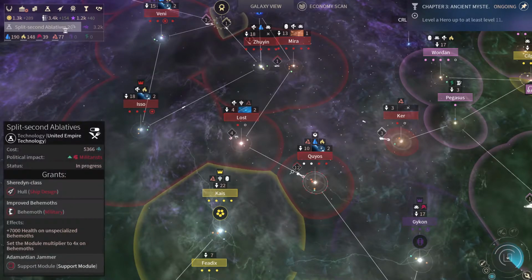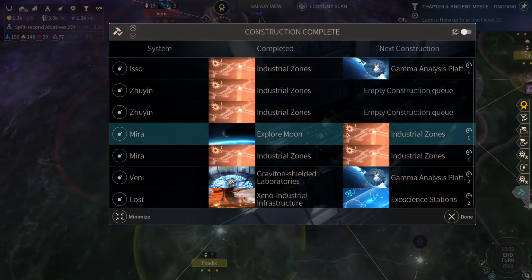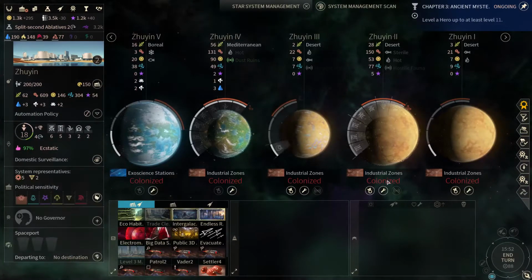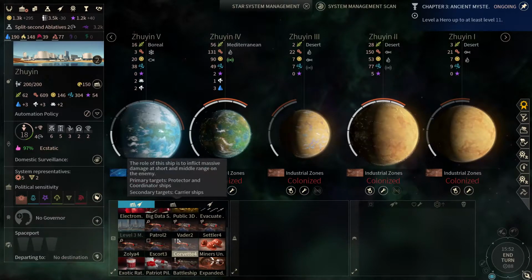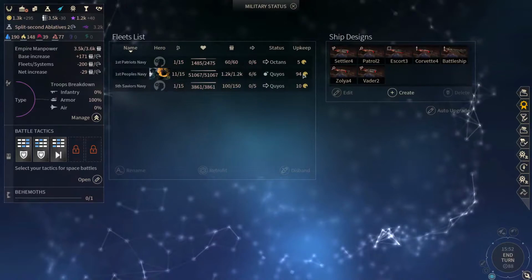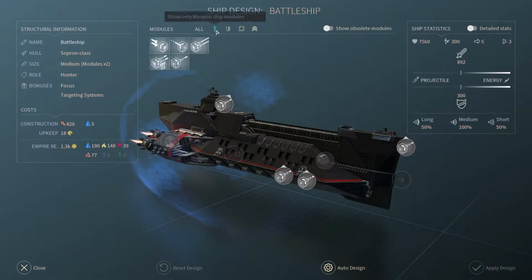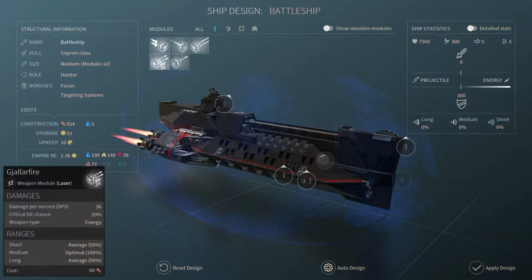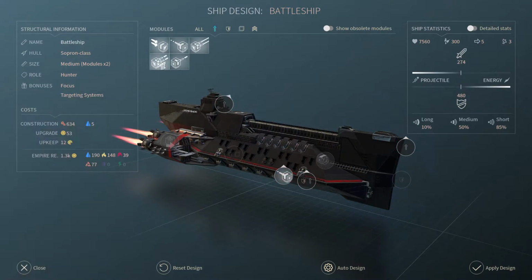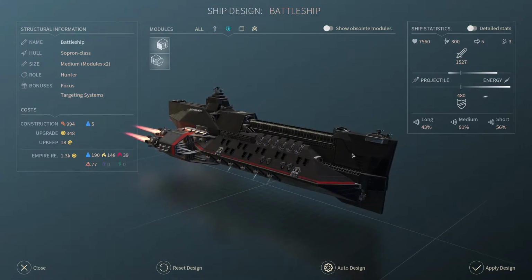As soon as this... Actually, we can already do some ship building or setting up right now. Zuin has done the industrial zones, and that is probably a good point to now start building ships. So yeah, we're going to set up our ship design. The battleship looks very majestic in my opinion, and I'm going to use one module of defenses because I think every ship should be able to defend itself, while the other ones...